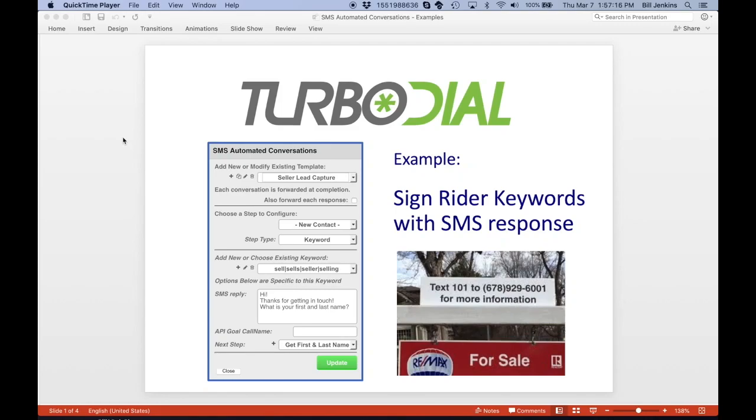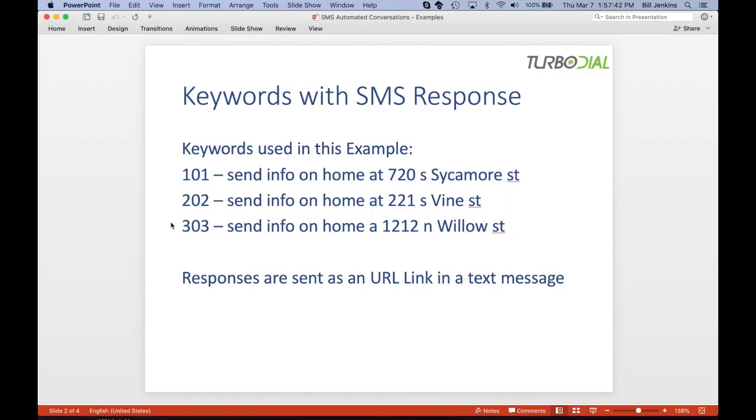This is a quick video to go through an example of using SMS automated conversations. In this case, the example is going to be a real estate example where we're using SignWriter keywords to gather leads by SMS. In this example, we're going to come up with 3 keywords. They are 101, 202, and 303, and each of those keywords is going to correspond to a home at an